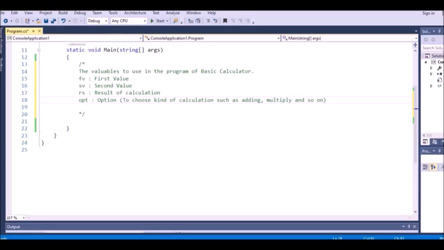And for the next, when we want to exit the system, or when we want to close the program, we have to use another variable. So in this case, I will write we use exit system,